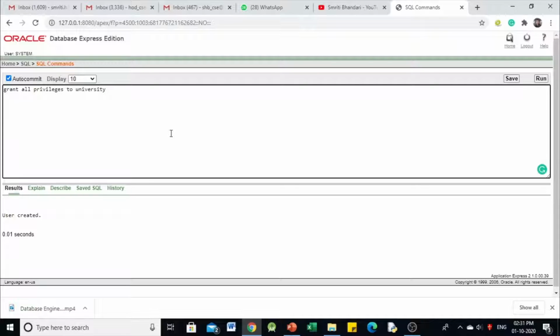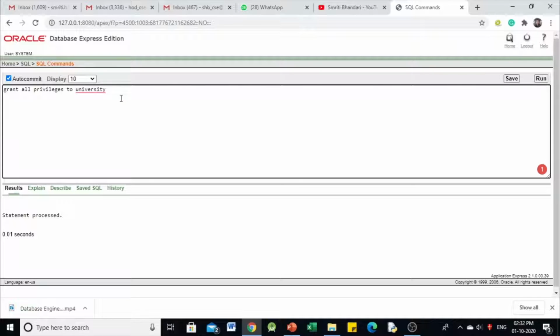That is name of my schema. So grant all privileges to university. Okay, so I am going to run this statement also, and I am getting here the message statement processed. So I have created one user, and also I have granted all the privileges of the database administrator to this user university.